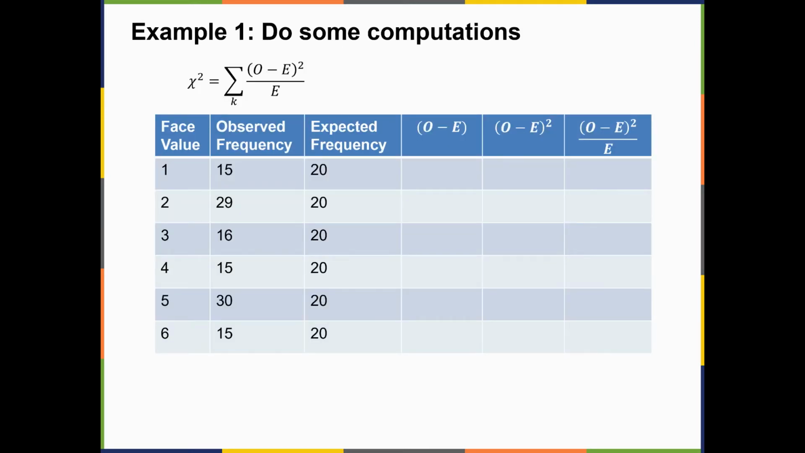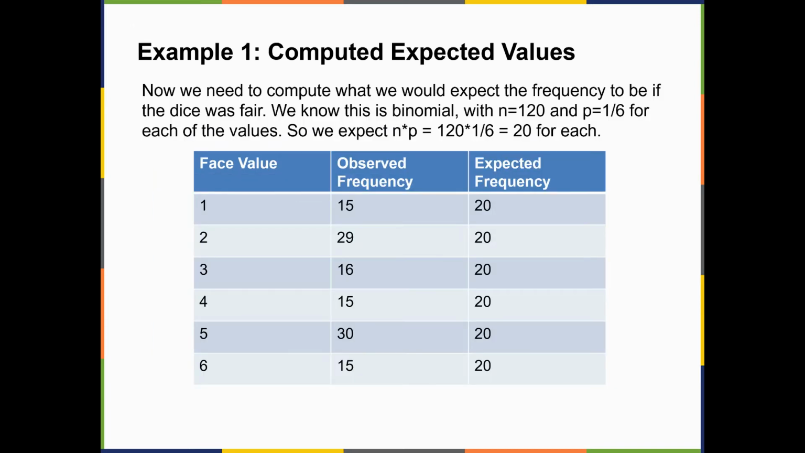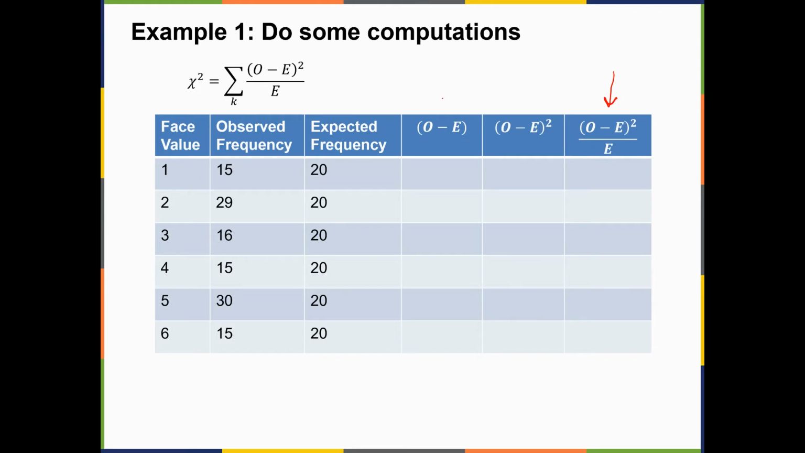So what we're going to do now is some computations. We want to get finally to this last column, which is (O minus E) squared over E, but by taking steps at a time, it goes a little bit more smoothly. The first thing we're going to check is just the difference between the observed frequency and the expected frequency. So in this case, this is 15 minus 20, which is negative